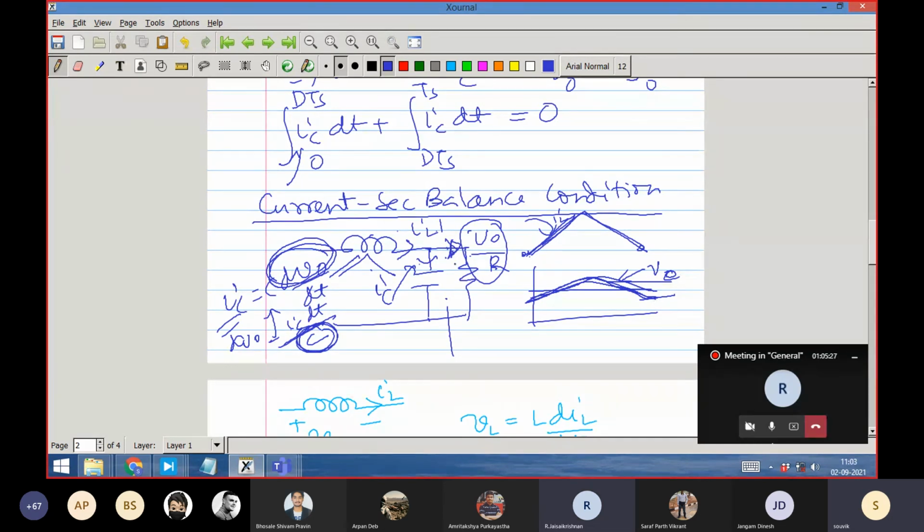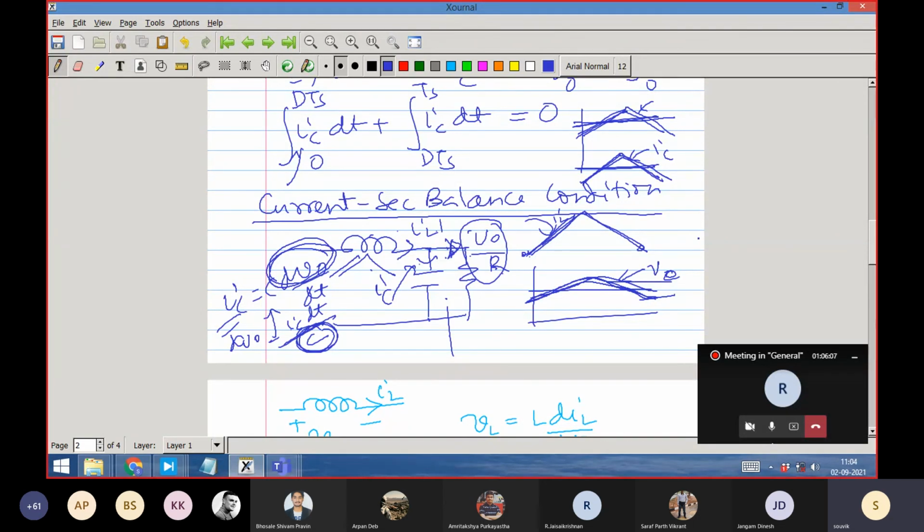So the changes in the capacitor current will be proportional to the changes in the inductor current, somewhat shifted. Yes, you can take that. Only thing, the capacitor current, as you know, has to have an average value of 0. The inductor current is like this. The capacitor current will take out the DC part and only take the AC part, that is the fluctuating part. This is the inductor current, which has a DC level over which there is a ripple. The ripple part only is going to the capacitor. The DC part is going to the load. That is how it is balanced.